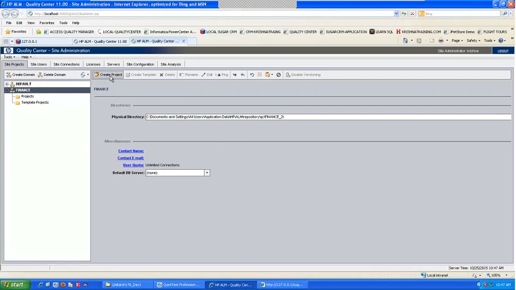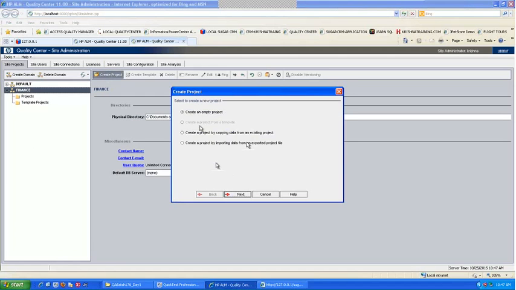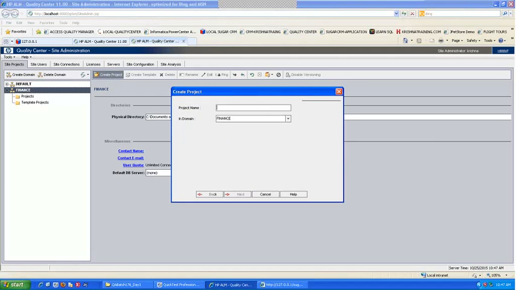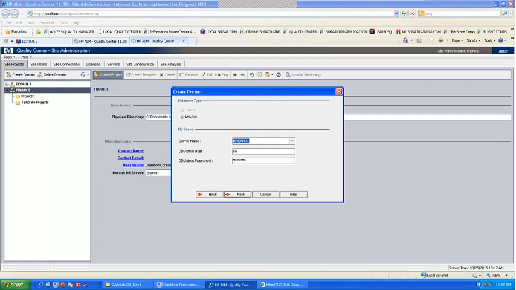In that domain, you have to create a project. So I'll say, create an empty project. Project name I will say QA batch training. So this is under the finance domain. See, I can select which domain I want, under the default or finance. Next. Now, who's the site admin? That's the default. I'll just leave it as it is. Next.